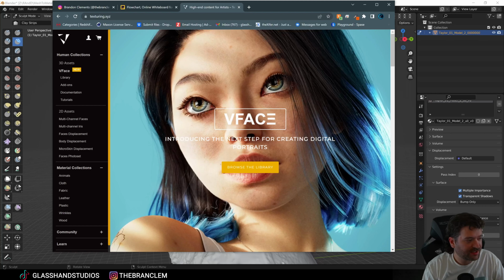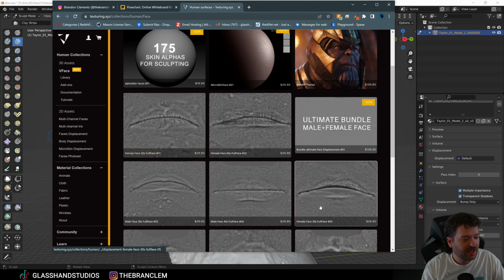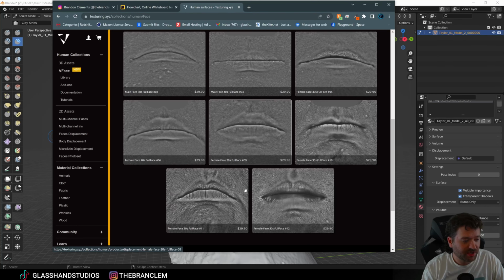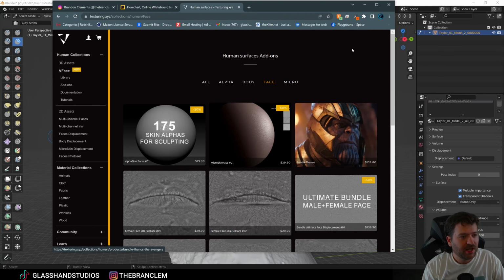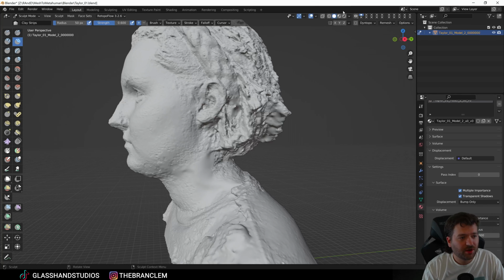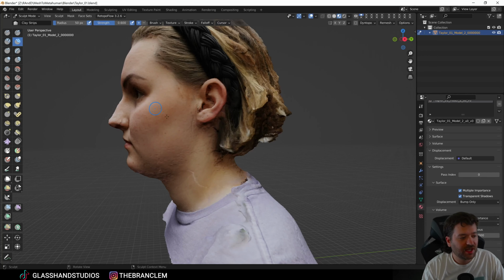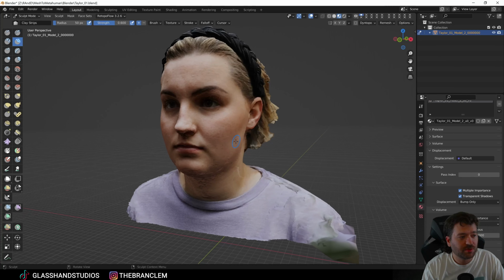There's a lot of stuff on this website. If you go into the faces displacement, you can use and project a lot of these images back onto your model. These are captured from real people, real humans and everything. Also, the data that's coming off of the camera is high resolution images if you're using a DSLR. So the data coming off of the camera could be reused and repurposed and baked back onto the mesh